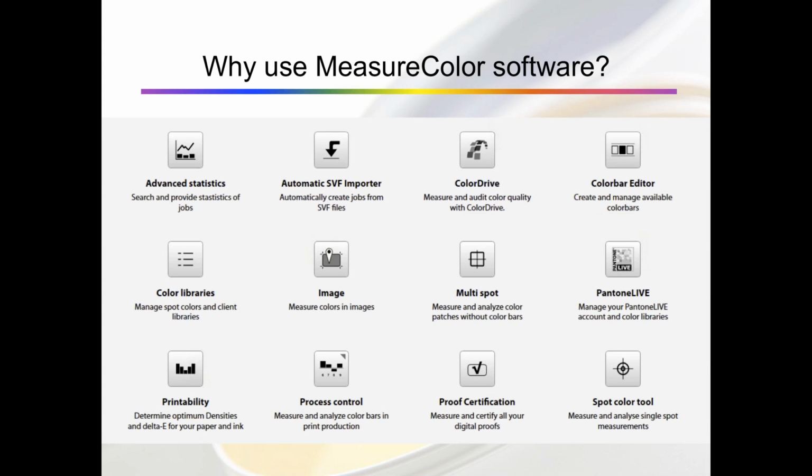In consideration of other software, many times you have to use different applications for different tasks. Maybe you'll have one software for proof certification, a different software in your quality lab for spot measurement, and yet a different software out on your press for process control. Now this is very troubling because these different systems all need to be managed independently. It's likely that they don't all talk to the same different types of instruments, so it's a lot more of a challenge to maintain and administer a system where you have three pieces of software to use rather than one.